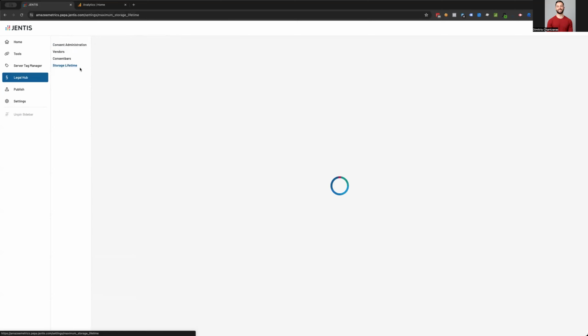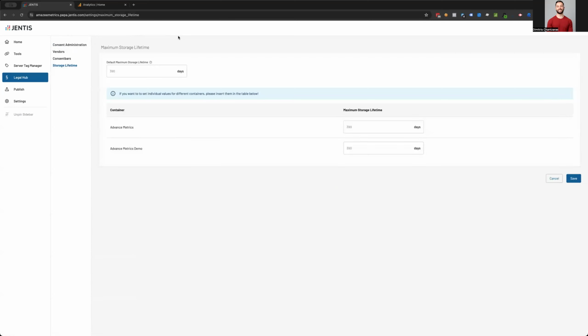Then we have the storage lifetime option. This feature allows users to configure the maximum lifetime for cookies and local storage entries that are set by JENTIS. So this configuration page is related only to the JENTIS cookies and local storage entries, not to any other tools, like, for example, the Google Analytics tools' entries. Then we have the Consentbars